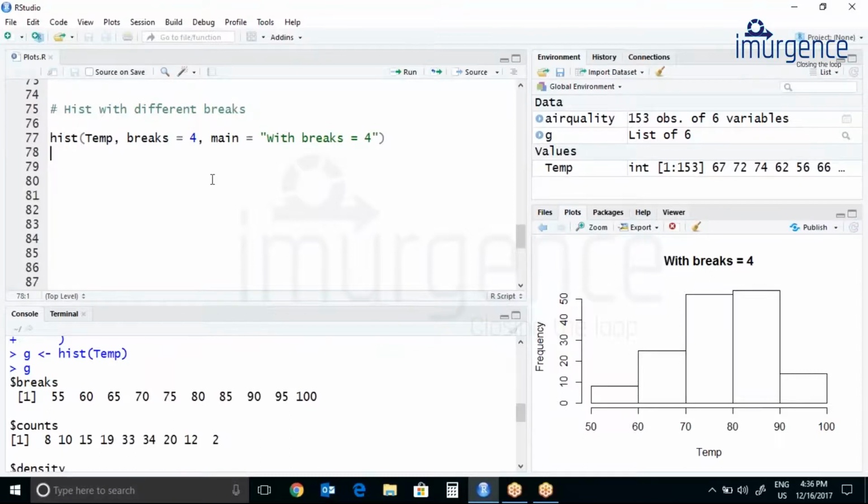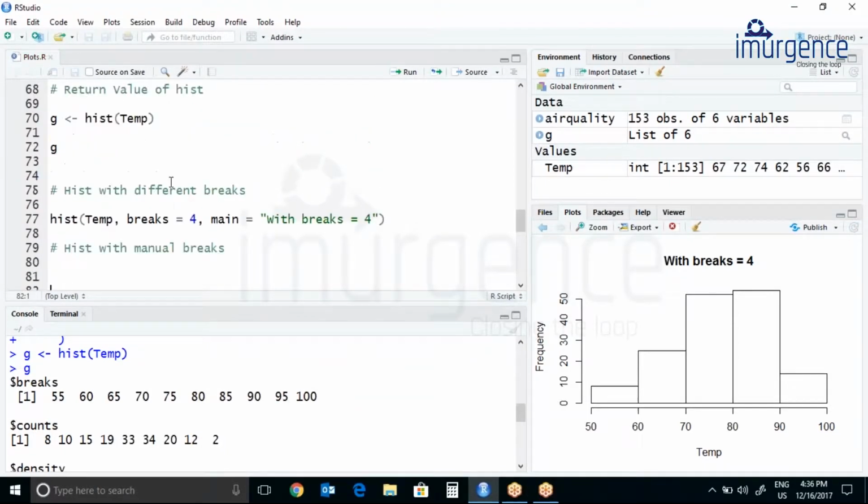Here I have just added 4 breaks: 1, 2, 3, 4. If you wish to add some manual breaks, you can do this also. Histogram with manual breaks.